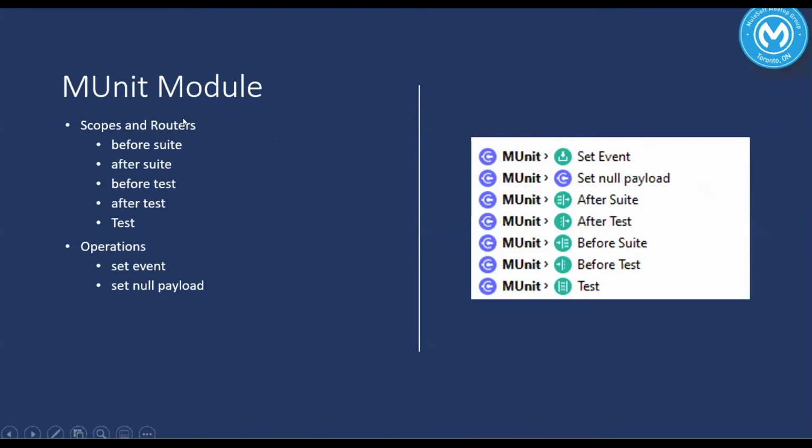These will be executed only once, and it has some set of test cases. If you want to run something before all your applications, then you can use this before suite, and after suite will be used after all the tests, but it will be executed only once, especially if you want to use it for setting up the environment. Then you can use before suite and after suite.